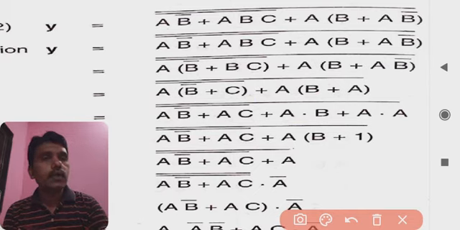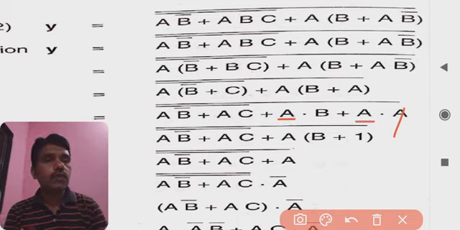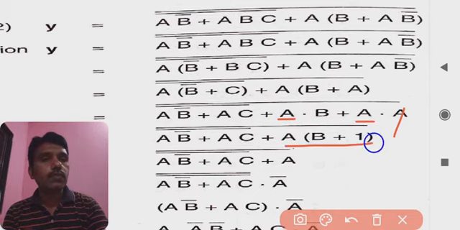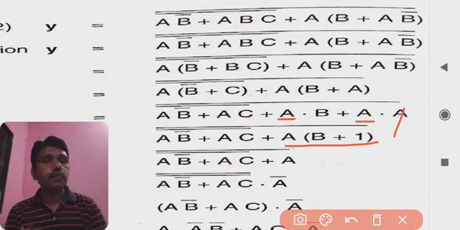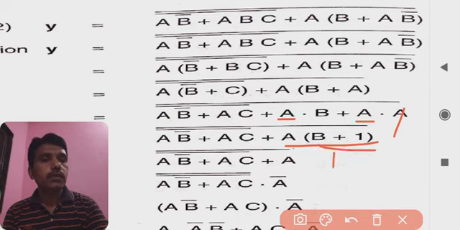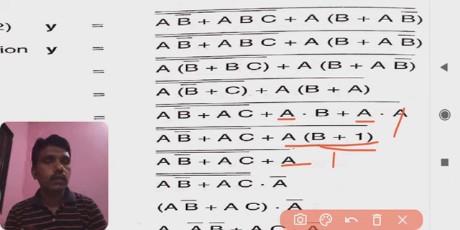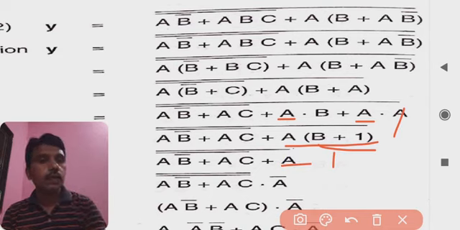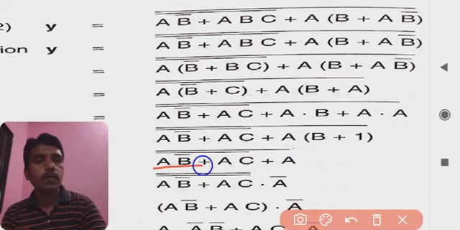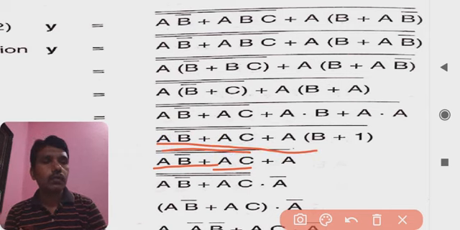If we write one A, then A is taken as common in this case, and then the remaining part, if A is taken as common, is B or 1 in the bracket. But we know B or 1 is always 1, and 1 and A is always A. So the remaining part is as it is, AB complement or AC total complement, or A again complement total complement.